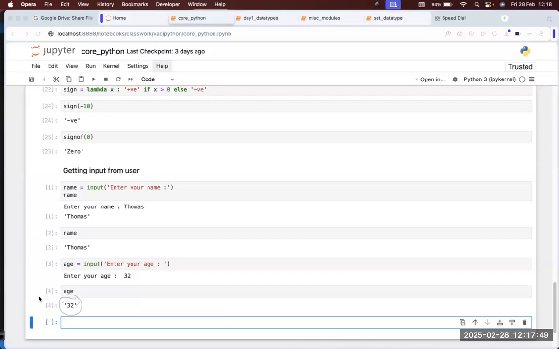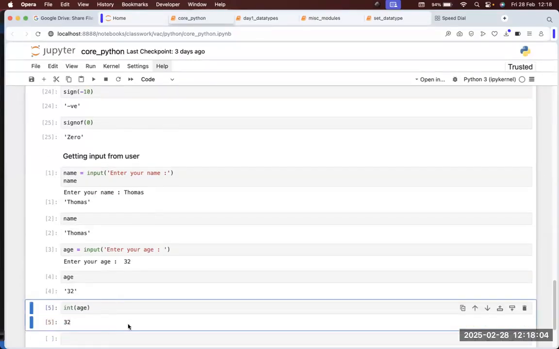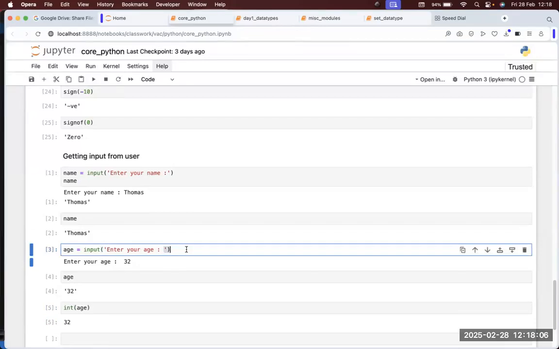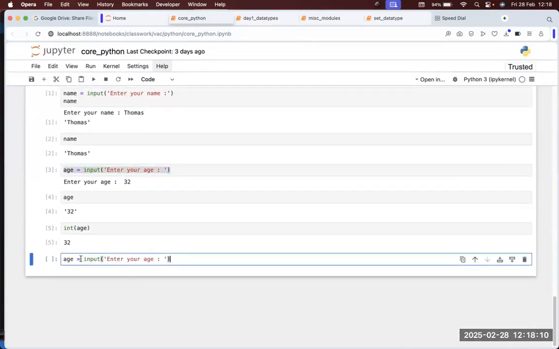But what if you want numeric values? You have to explicitly convert it. So you can say int of age. Now this becomes a number. Or while getting the values itself, you can do this. Whenever you are getting any numeric values, you can just say int of